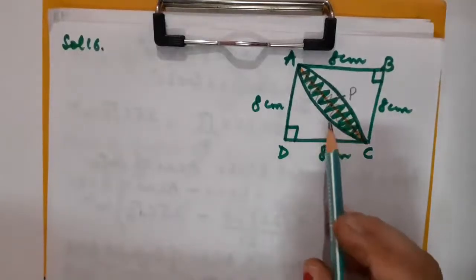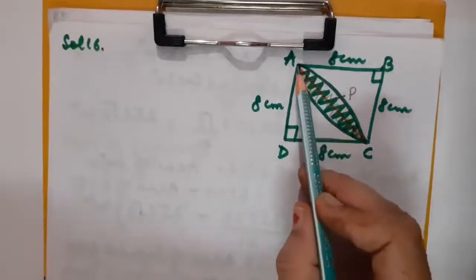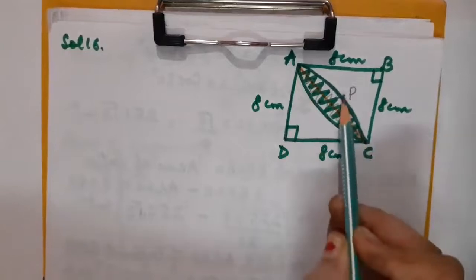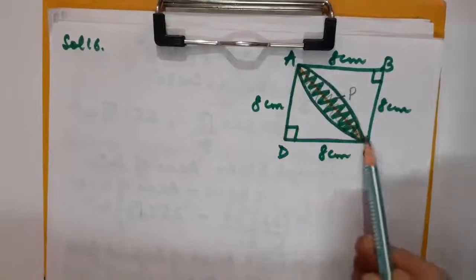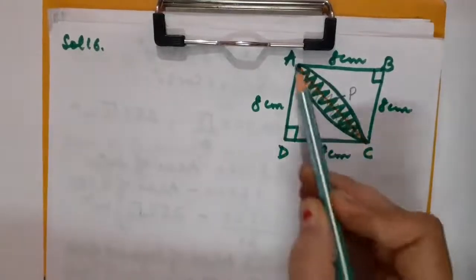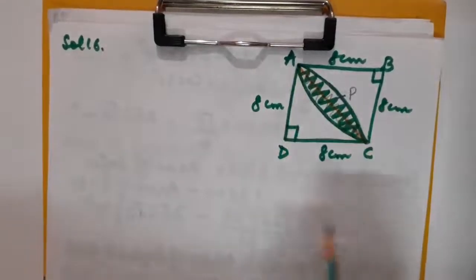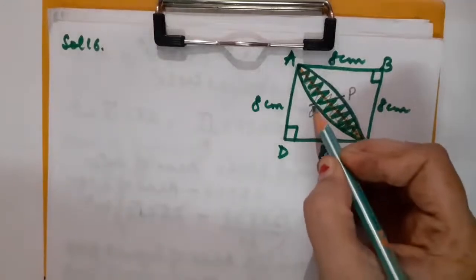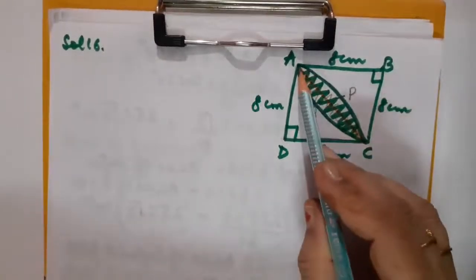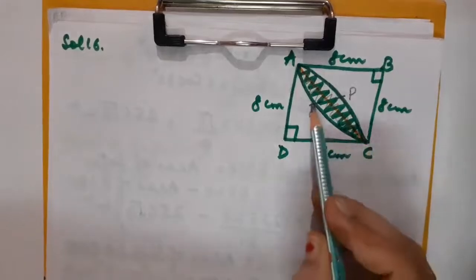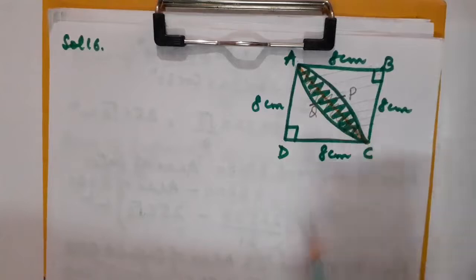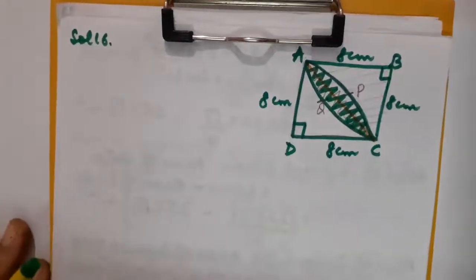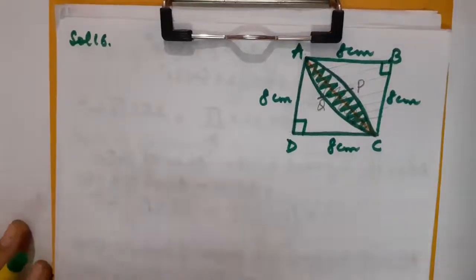Give a point P here. So now you just see how it is making a quadrant. A, D, C, P, A. This is nothing but a quadrant of the circle, you can see. Okay, let us talk about the another quadrant now. Here if I give the name Q, so it would become A, B, C, Q, A, means this region. This will be the another quadrant. Got it, students? So we are asked in the question to calculate the area of the shaded region.